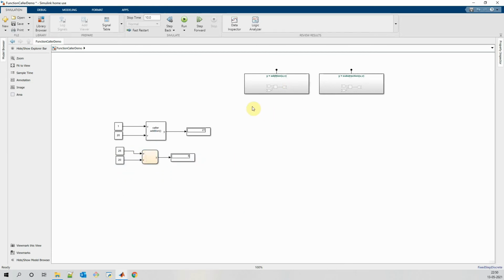Now we can use these functions in some of our existing logic. So we will use a simple counter with restart functionality, and we will use the addition function in the counter.